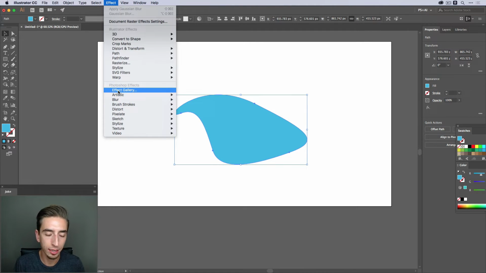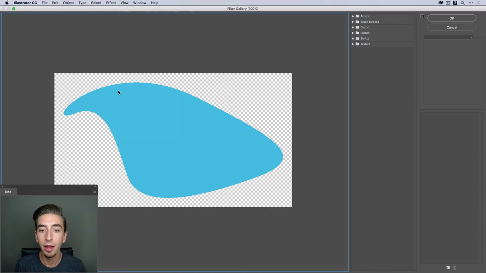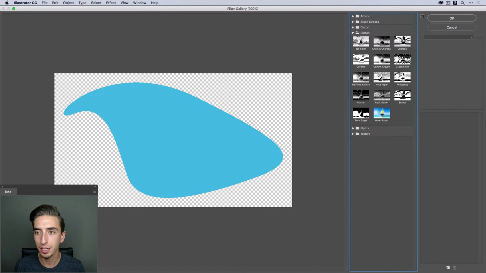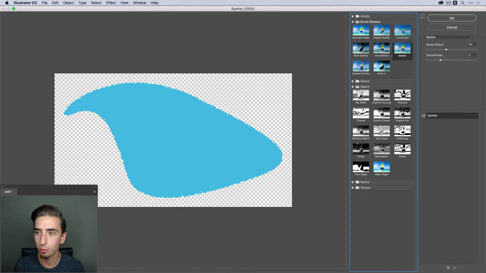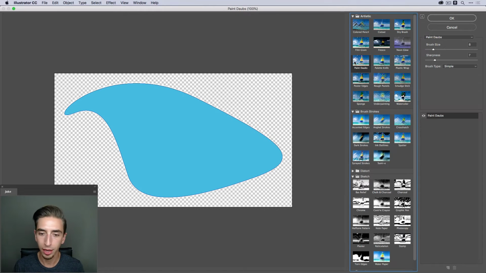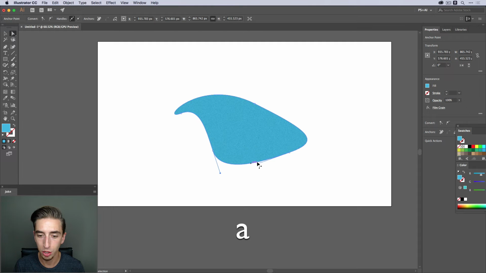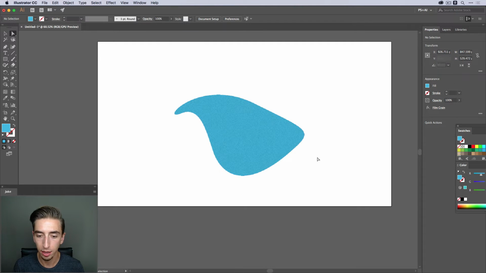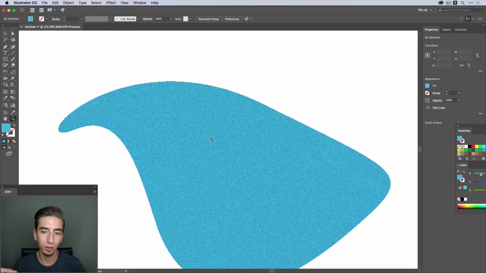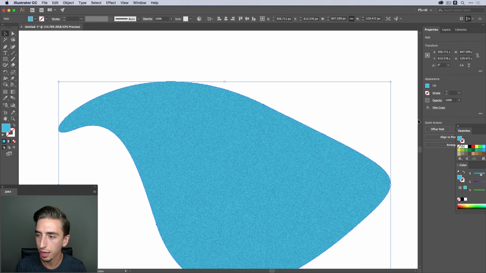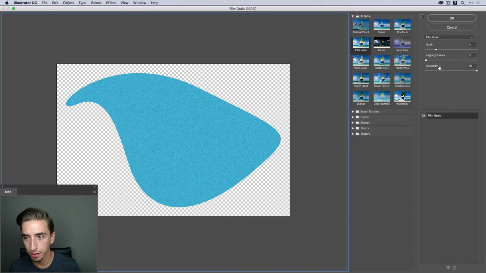And for whatever reason, Illustrator calls it the effect gallery, but it opens up an interface that is almost identical to what was inside of Photoshop. It behaves the same way, you get the same kind of thumbnails, same kind of effects, and you can just play around with these and apply them to your graphics. So I could click OK, and now my shape has some grain to it. The thing you have to be aware of is that even though this is a live effect or something that I could always go back into by just clicking on my object and then clicking on film grain,